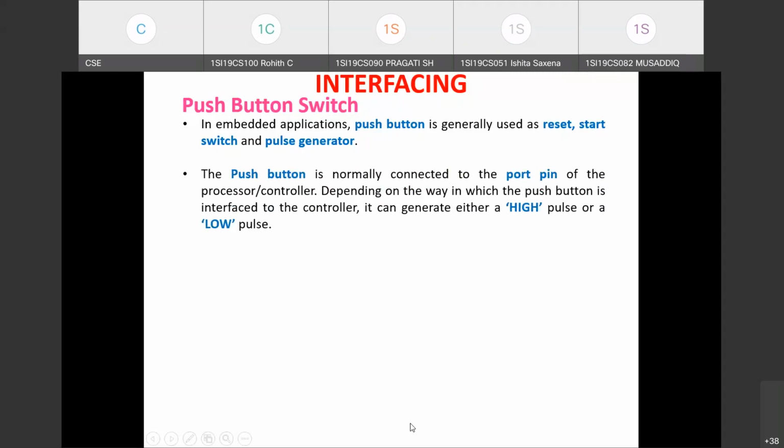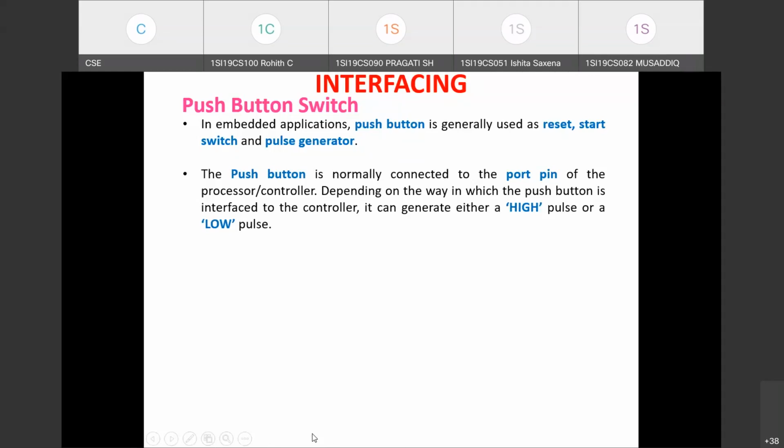Coming to the next point, that is how actually we can make use of push button switch for generating a high pulse or a low pulse. This push button switch is normally connected to the port pin of the processor or the microcontroller, and depending on how the push button is interfaced to the microcontroller, it can generate either a high pulse or a low pulse.